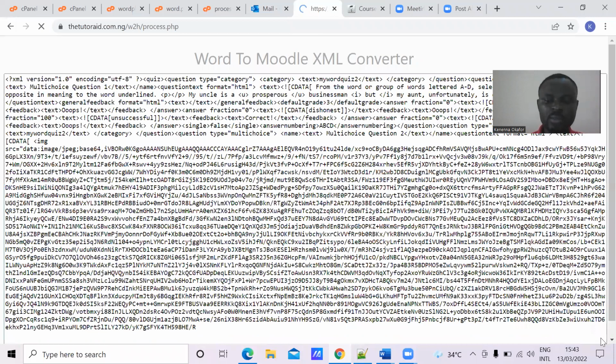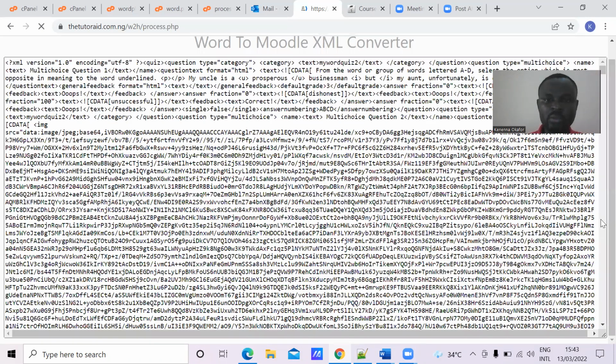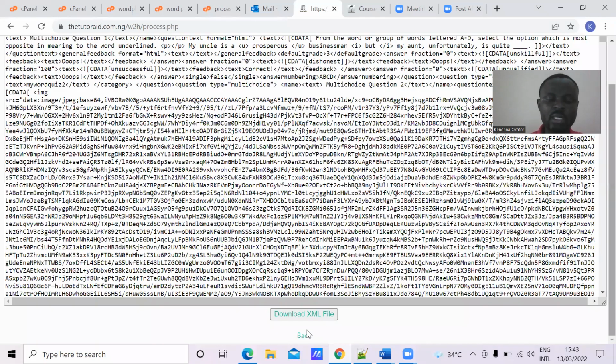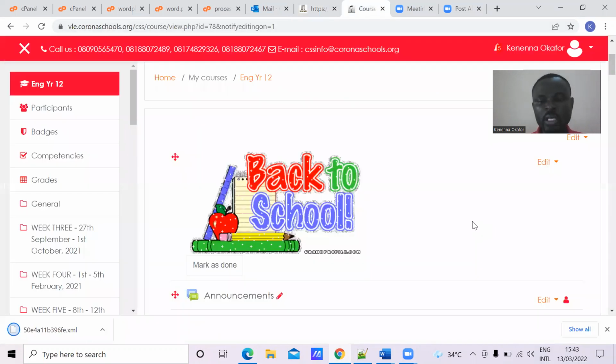and we are good. At the end of it, so okay, that's still loading. At the end of it, we have this button here, download XML file. So just do that, download the file. It's an XML file. And we can go to Moodle. So I have already logged in and I want to import the questions. Now I'm going to go to import under question bank. So here,